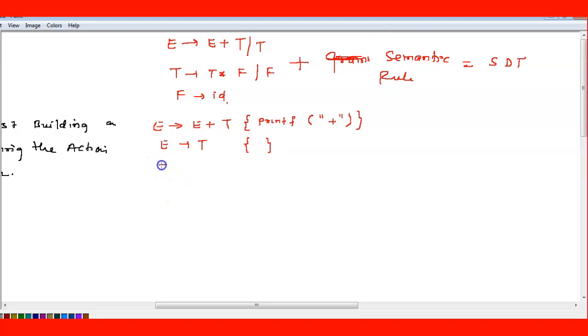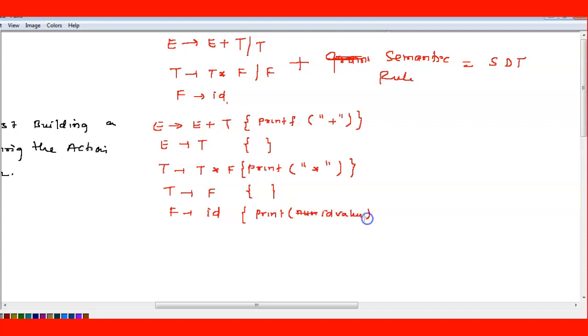For T star F, I'm writing print star. For T derives F, I'm doing null, nothing. And for F derives ID, I'm printing the num value, the ID value.